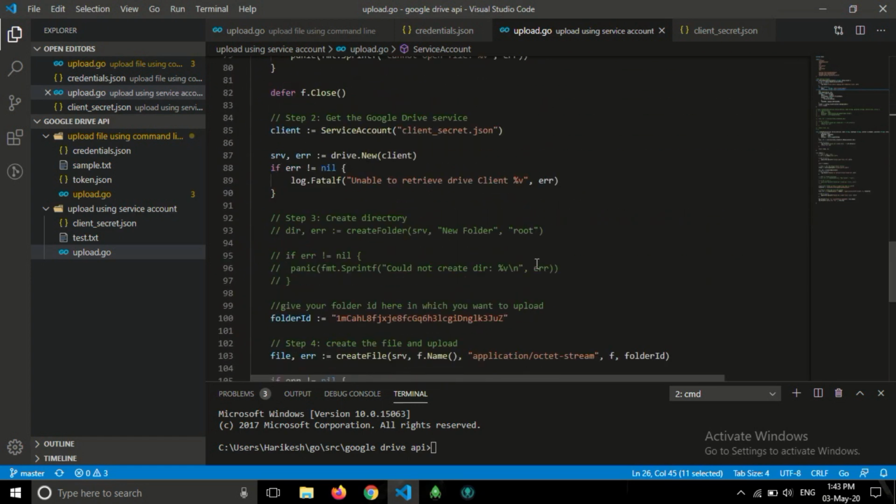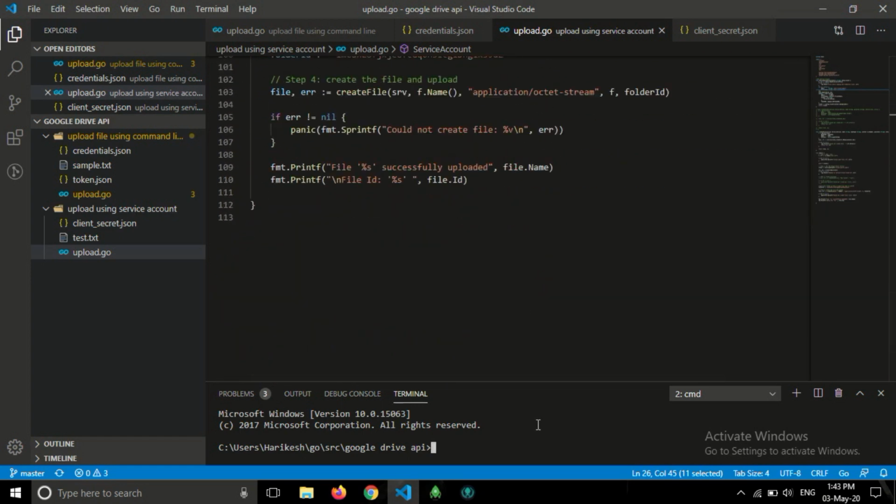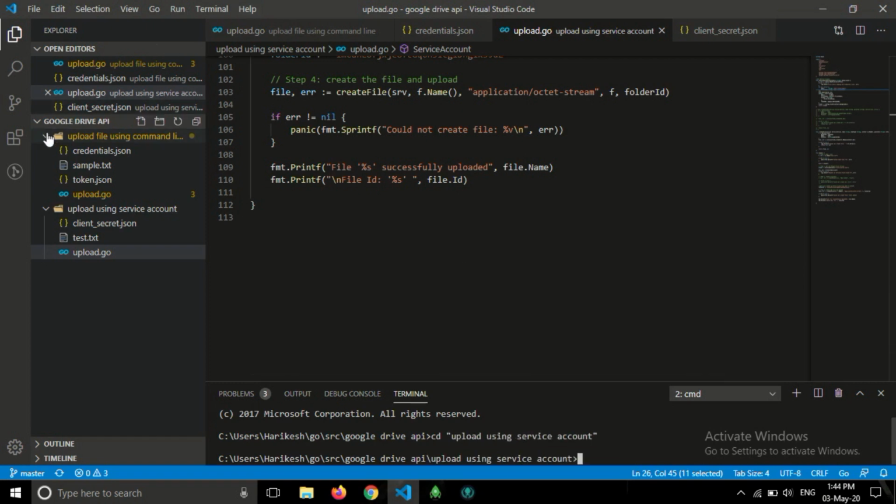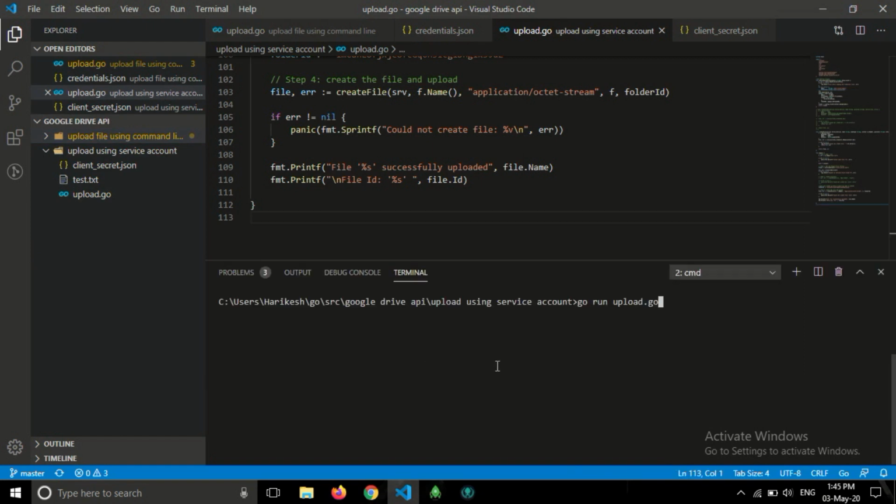So let's check whether it is working or not. We will run this file.